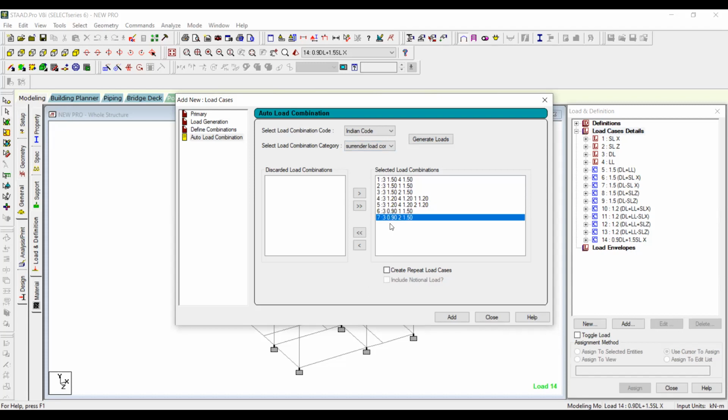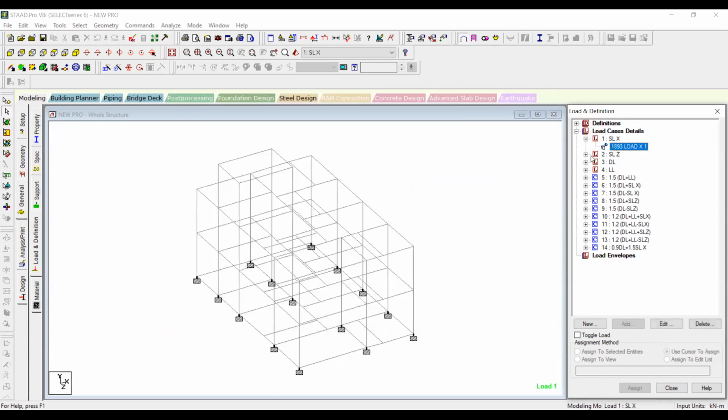So it should come around 9, right? 9 load combinations. Yes, sir, 9. But because for seismic I have taken only the positive x direction, not negative, and the z direction not negative, those two load combinations are missing from there.